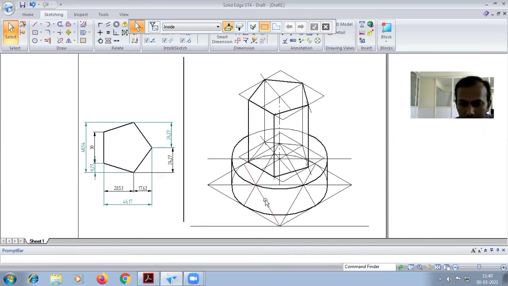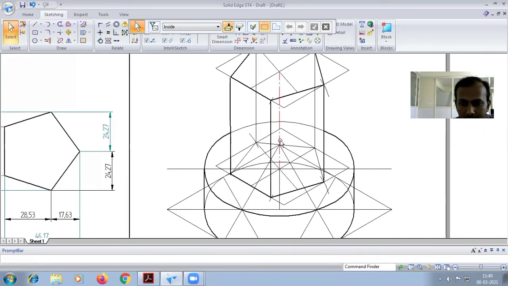I will show the visible part by removing some of the reference lines.